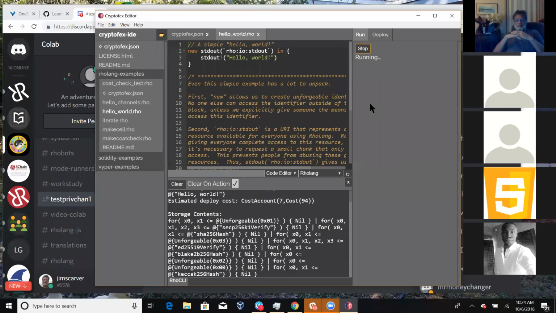My understanding of the default port numbers is 40402 is usually the internal port, and 40404 is the Kademlia discovery port. And it's UDP, not gRPC or whatever. Anyway, I don't know why they use that port. That's what cryptofex does.